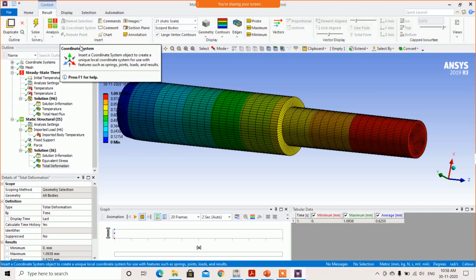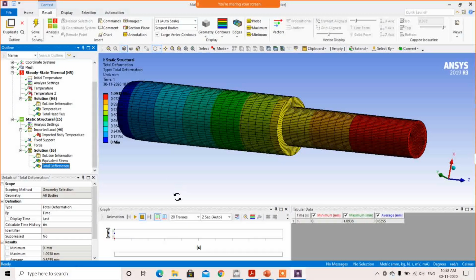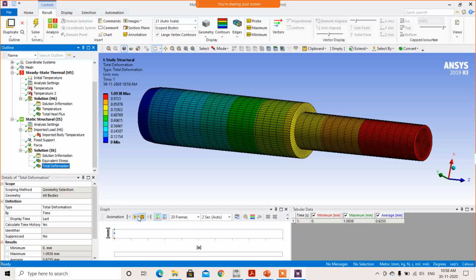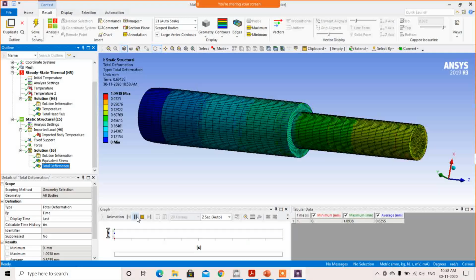Yes, this is the result. So this is the total deformation due to applied load. Okay, we can check the animation. This is an animation.